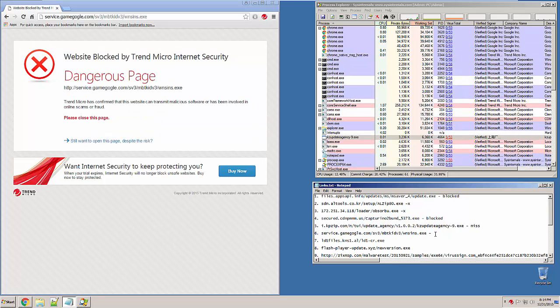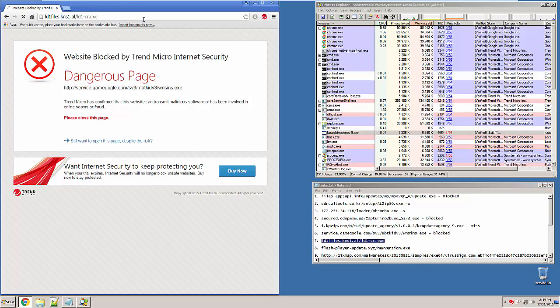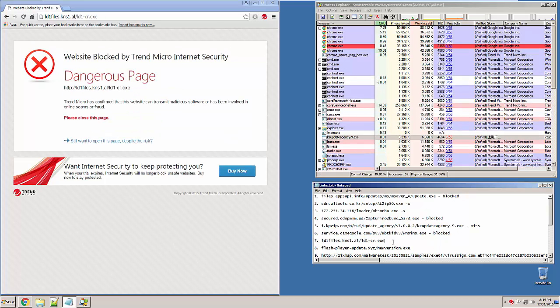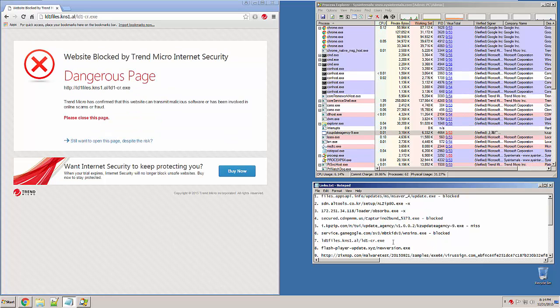Dangerous. Okay, so that one was a block. It's going pretty good. One miss so far, though. Misses are technically a bad thing, but it doesn't necessarily ruin the program's chances. Nothing can have a 100% detection ratio. The one it missed looks like it was initially a decent page before someone infected it with something maybe. I don't know. It could just be one of those randomized Chinese things we always seem to get that are somewhat sketchy, but not really classified as malware. It could be something like that,